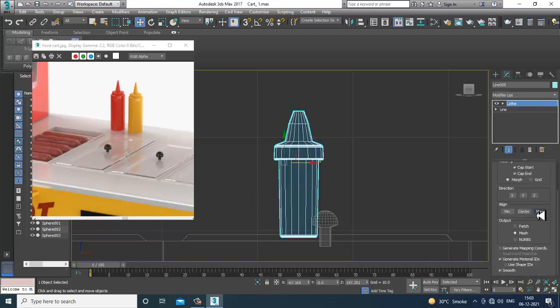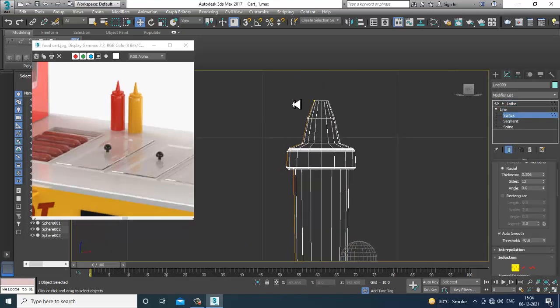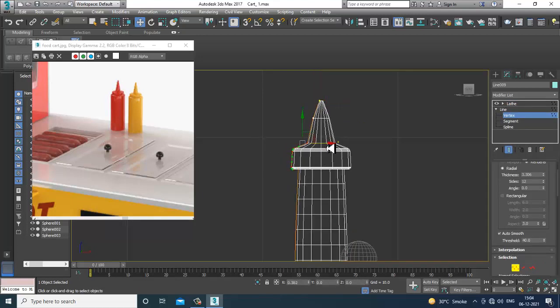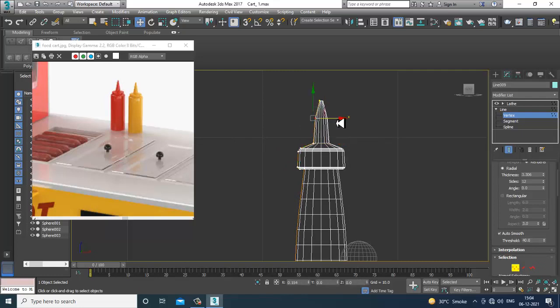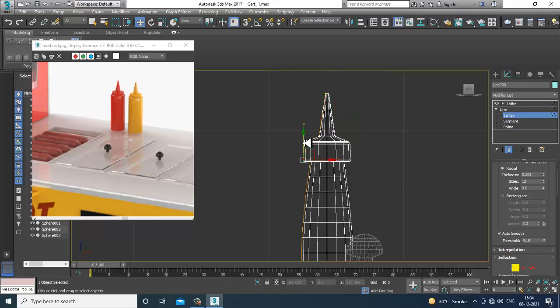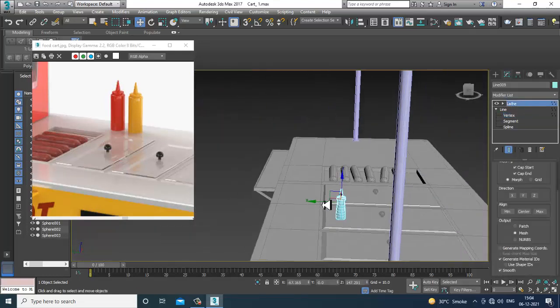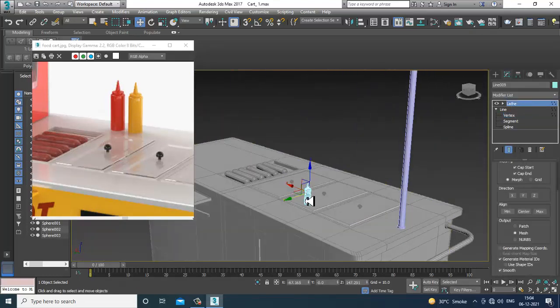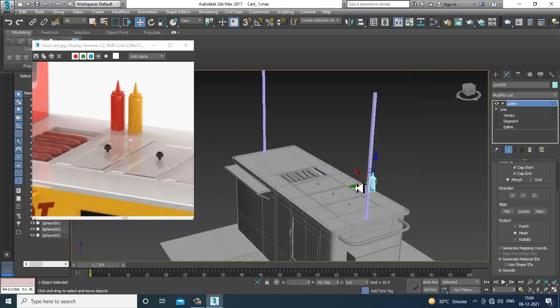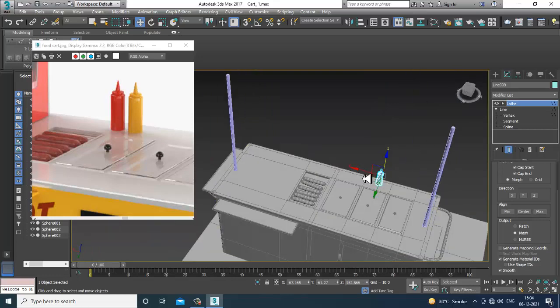And over here, go into the vertices. So I'll just scale it a bit over here and I'll push this up.